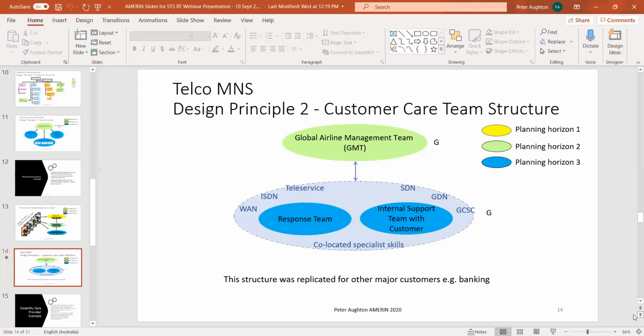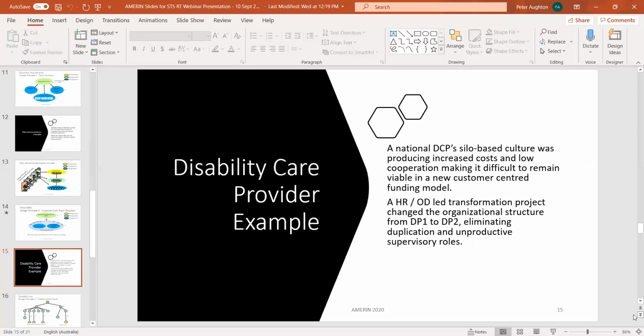This was a disability care one, and this was a project led by the People and Culture Director, who had experienced DP1 and DP2 in a previous organisation. And what was happening in disability care was that it's a $20-odd billion business that's supported by the federal government. They changed